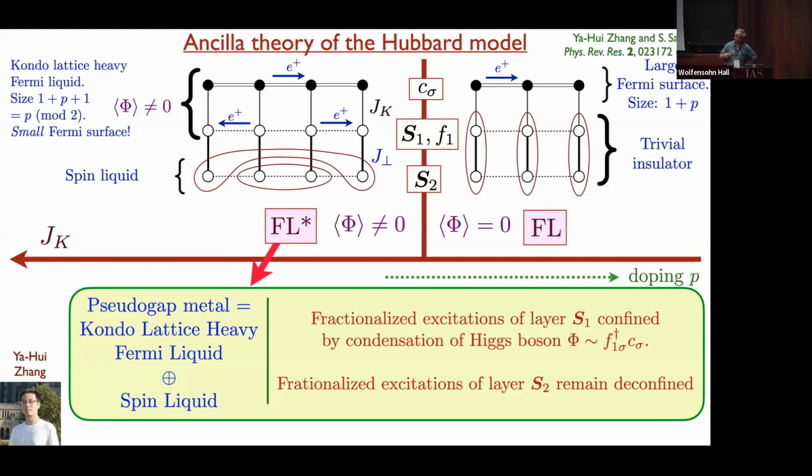All you're doing is just keep applying the same trick that we know worked extremely well for the Kondo lattice. I mean, the original theory I presented for the Kondo lattice has been tested in experiments, even numerically. It's really a beautiful theory of the heavy Fermi liquid phase, which has been very successful. So here, we're just taking that same trick and applying it to these ancillas and getting a more exotic phase because you've got the spin liquid at the bottom.